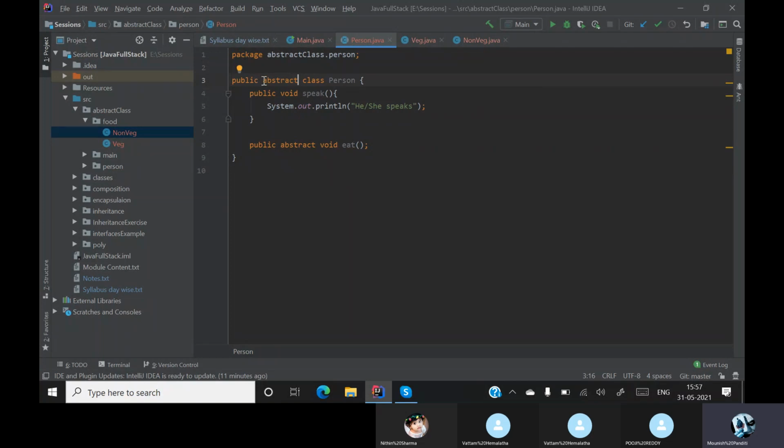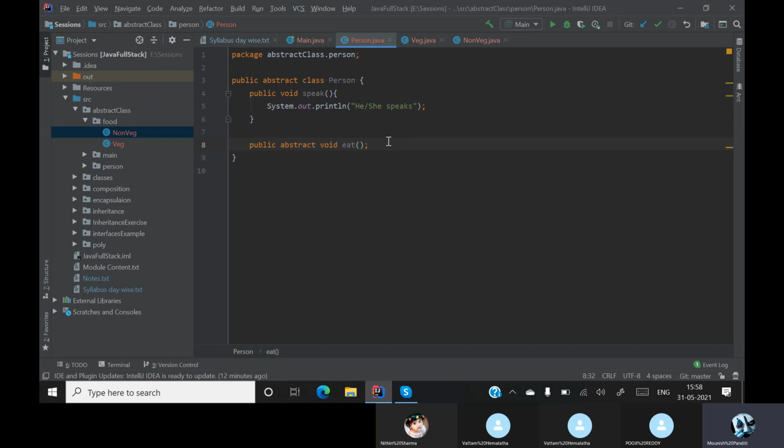So an abstract class will contain both concrete methods as well as abstract methods. Whereas an interface consists only of abstract methods, but an abstract class will consist of both concrete methods as well as abstract methods.